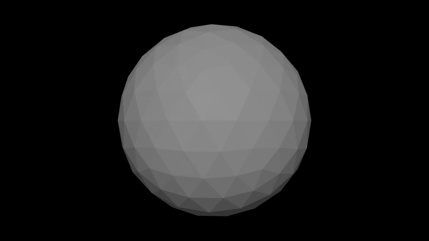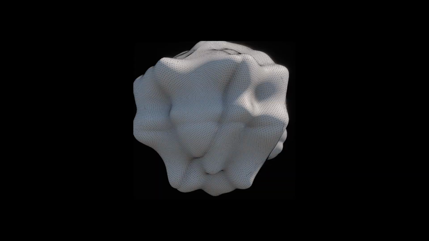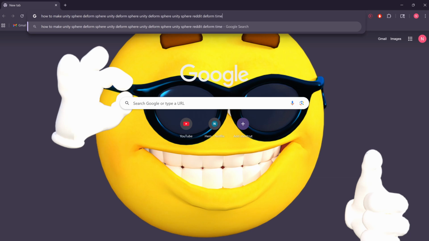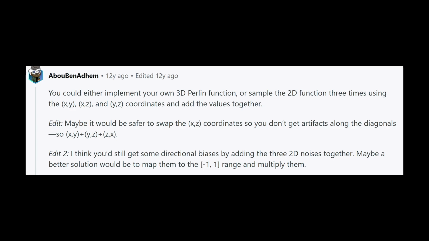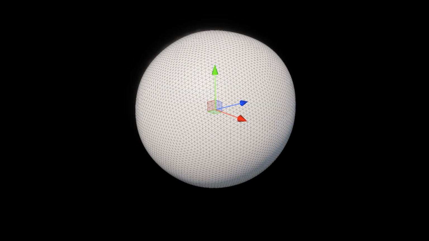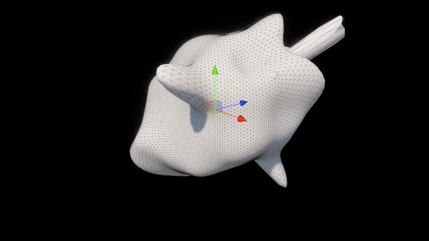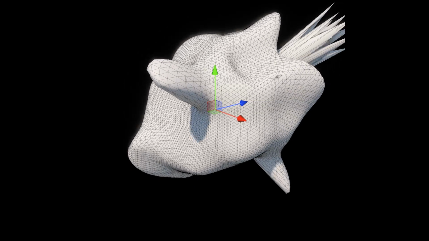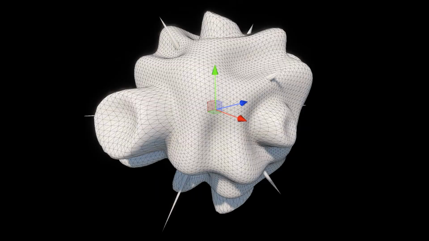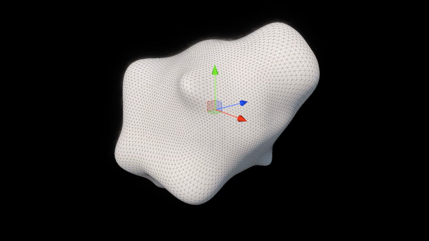Then I tried to deform the sphere. Initially I thought this would be pretty easy since I've done procedural terrain generation before. Then I realized that I can't exactly map this 2D Perlin noise to this sphere without it looking horrible and having noticeable seams. At first I searched around a bit on Google to try and find some code for 3D noise. I did find some, but it wasn't working particularly great, as you can see here. I mean, it looked like something, but the spikes it created were horrible and it wasn't particularly easy to control either.